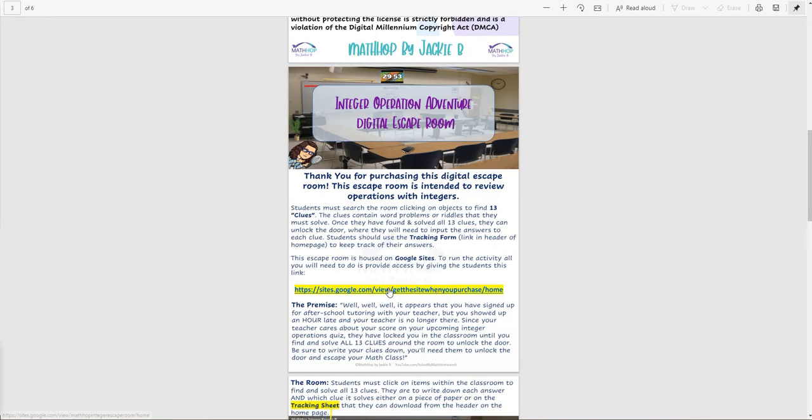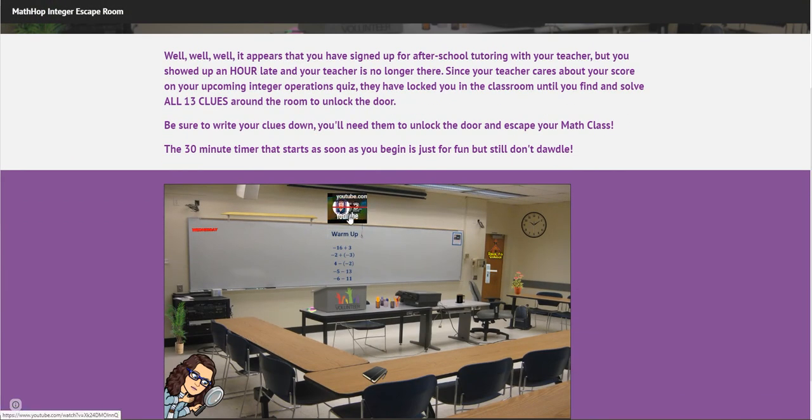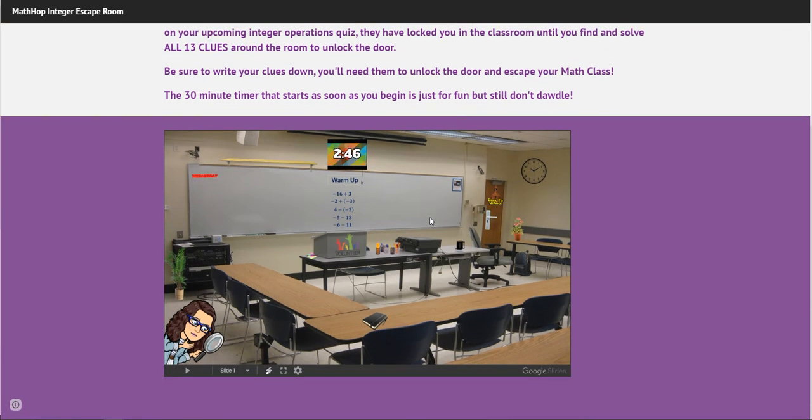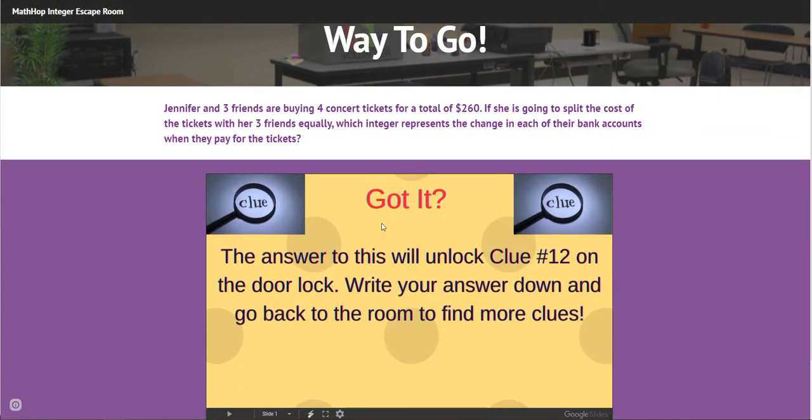So the students are going to click on the link. It will bring up the escape room. Okay, so this is really just for fun, this little timer here. Clearly, I've had it running for a little while, but it is a 30-minute timer. You can kind of tell them you'd like them to take that time. You can even ask them to record what the time on the clock was when they finish. But they start clicking on things, and it will say, well, there's word problems, there's riddles, but they all involve